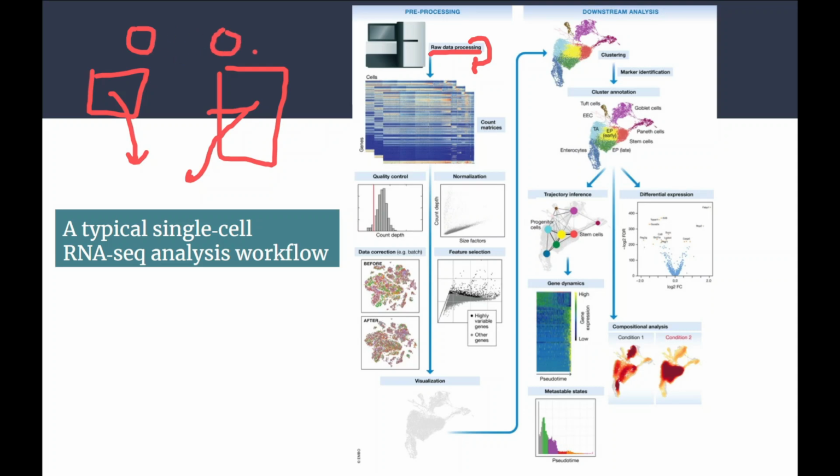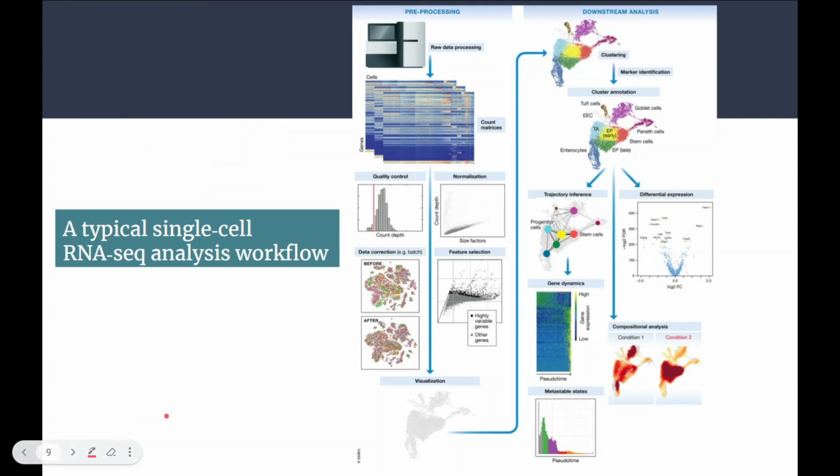Okay, so if we have to compare cell 1 versus cell 2, we have to do some normalization. Let's say we have to compare a normal sample versus a tumor sample. The normal sample may have, for example, 1k cells and the tumor sample may have 2k cells. So we have to do some normalization to do the comparison between normal versus tumor. That's the way we use normalization to handle those kinds of situations.